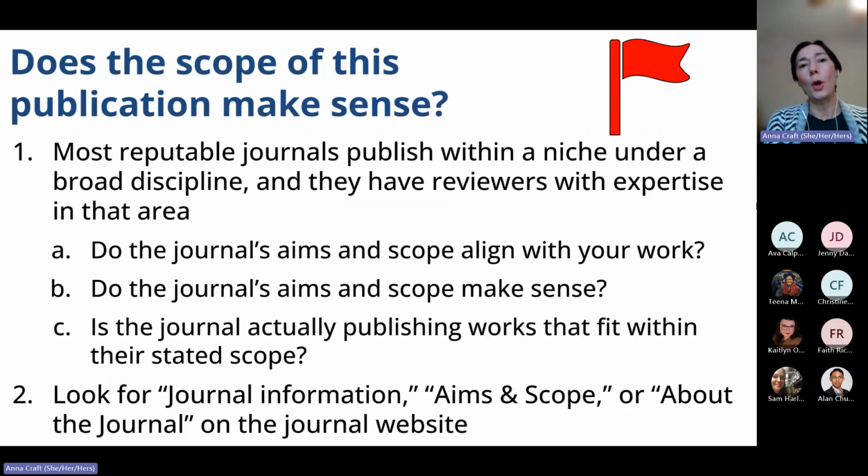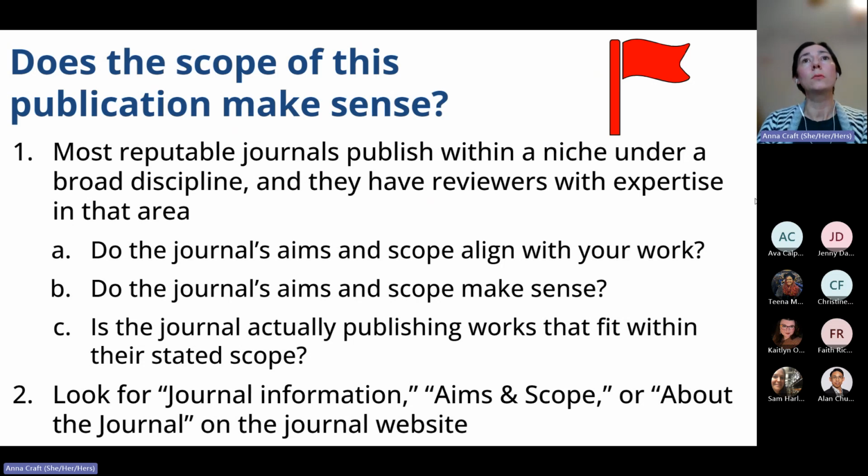We also have to think about scope. So does the scope of the publication make sense? Most journals, not all in academia, but many, are not publishing in all areas. They're publishing within a niche area under a broader discipline.